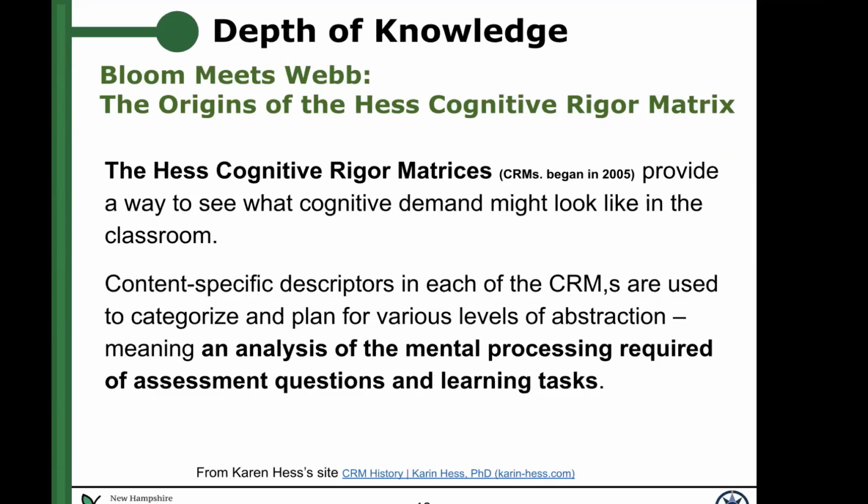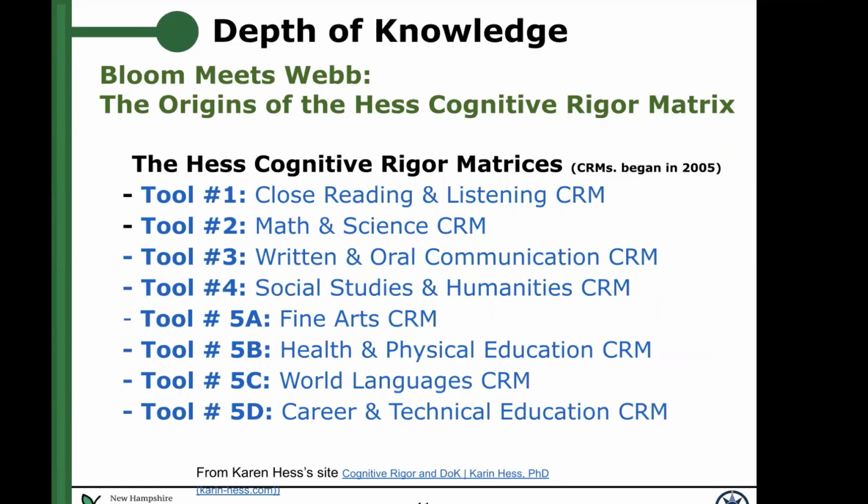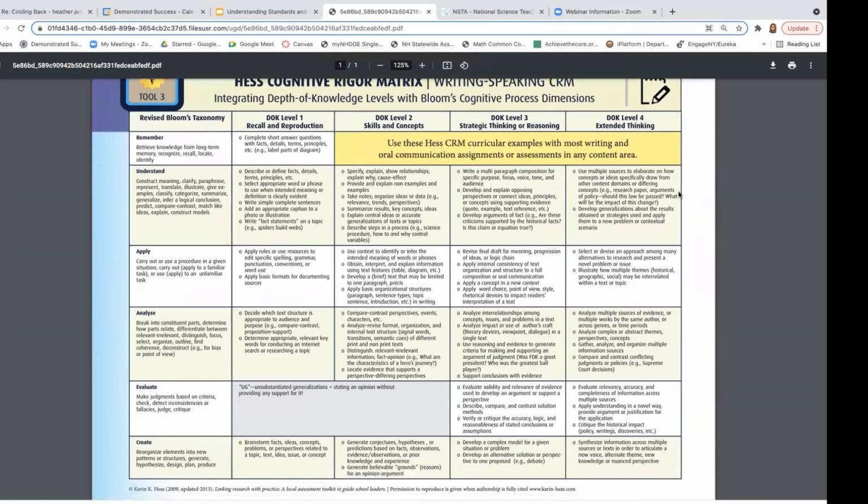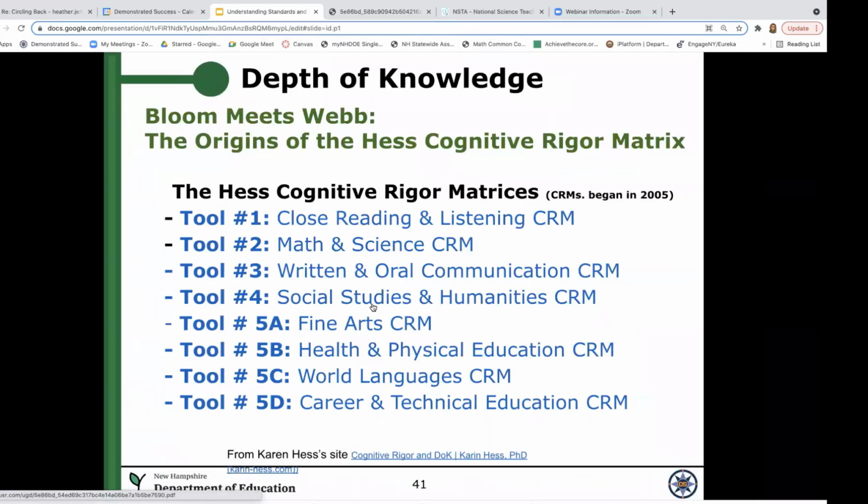So Heather, move on. So here's the links in the slide. So if you clicked on N1, any of those, that'll bring you to that matrix. Thank you, Heather. But there will also be included, so this is for writing and speaking, and then they have separate ones for math and science and your arts and all the other content areas that you may be responsible for. So these are good. And remember, you can't skip the depths of knowledge. You have to develop DOK 1 in order for the students to successfully apply to levels 2, 3, and 4.